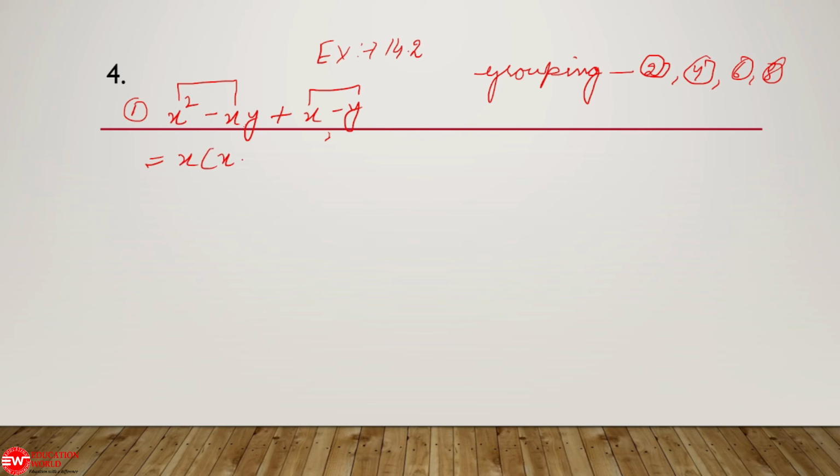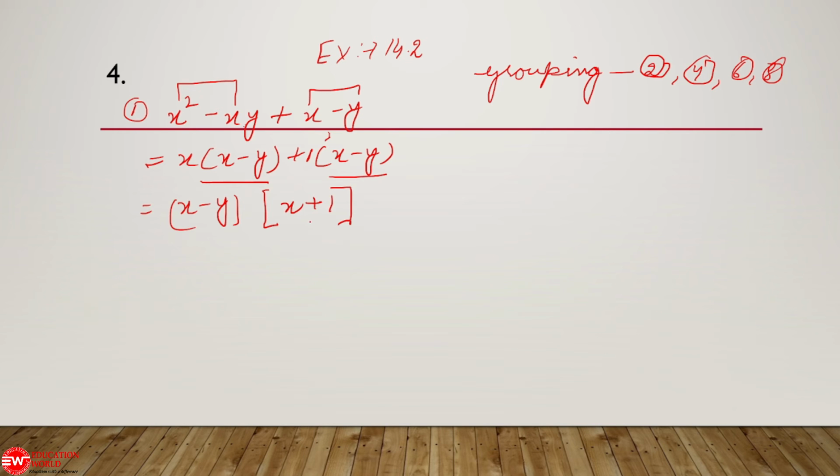So x is common, x one you have taken and y. Now plus, if I will do the grouping for here, you just see that wherever nothing is there, 1. We will come to know that our grouping is correct or not. How? Always when you will do the grouping, these brackets are same. If you are not getting it, means you are doing something wrong, and please check it. Rest. Now here your first exercise starts. We will take common. So this bracket is common. What is left inside? This x plus 1.